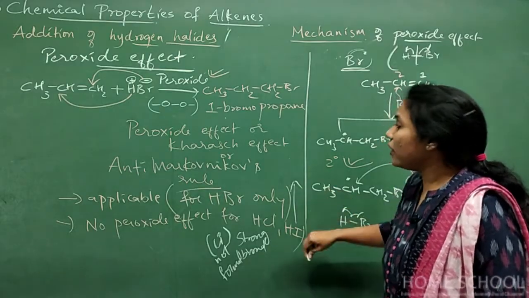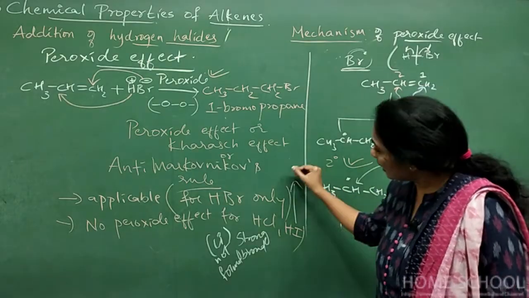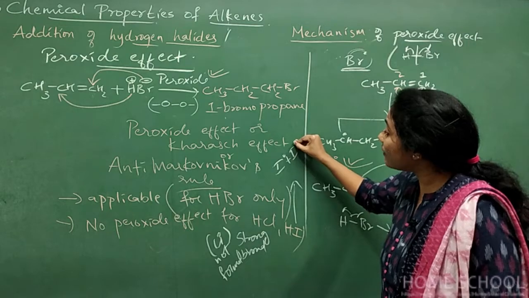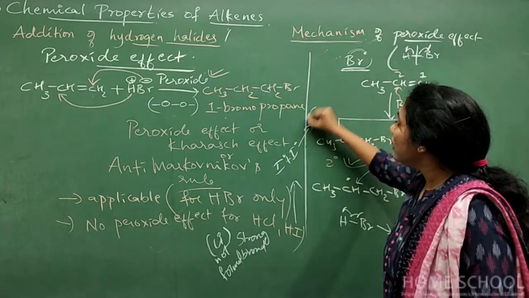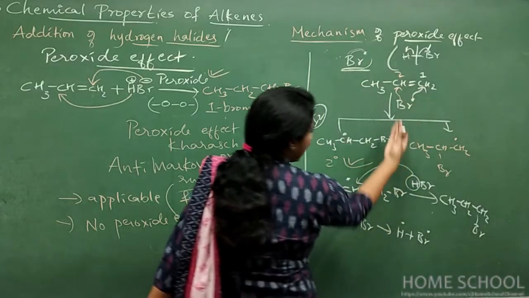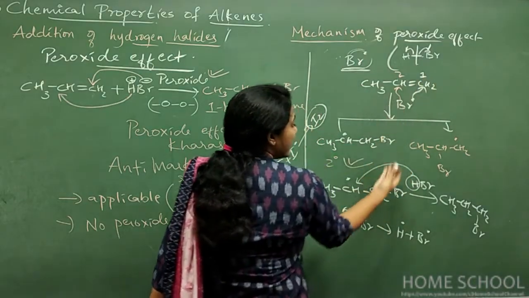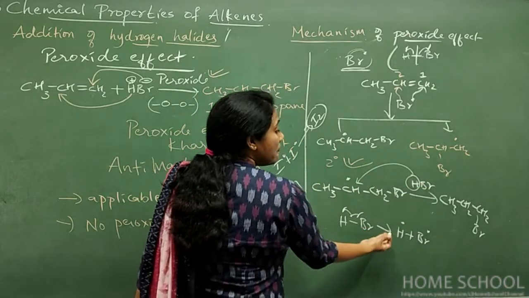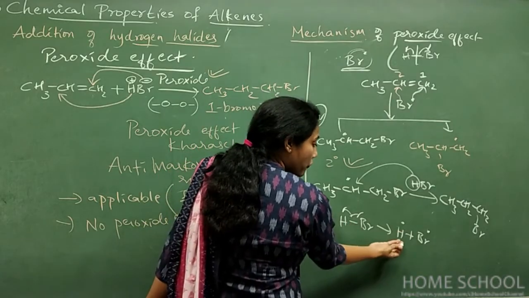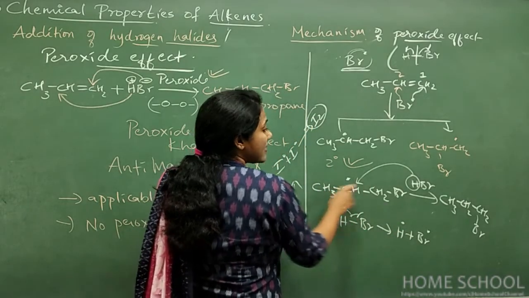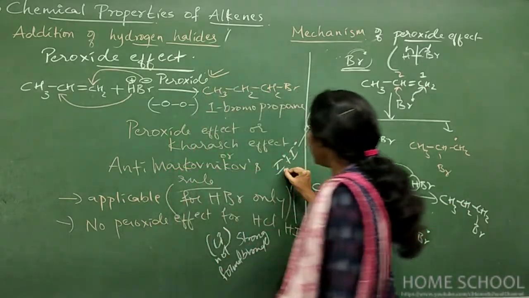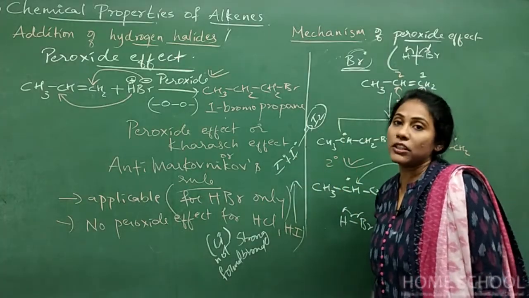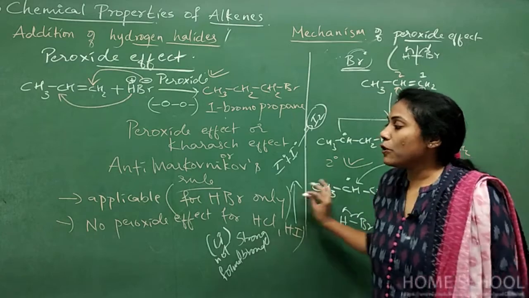With HI also you will not observe the peroxide effect, because here the bond is very weak and I free radicals are formed. But an I free radical may react with another I free radical to give I2. Usually these free radicals must react the way the bromine free radical attacked: an intermediate secondary free radical must form. In the next step another HBr must undergo homolytic cleavage, form an H free radical, and attack this, and finally you get the product. But here the I free radicals, instead of going for a reaction, combine with each other and you get an I2 molecule. So that's why with HI also there is no peroxide effect.